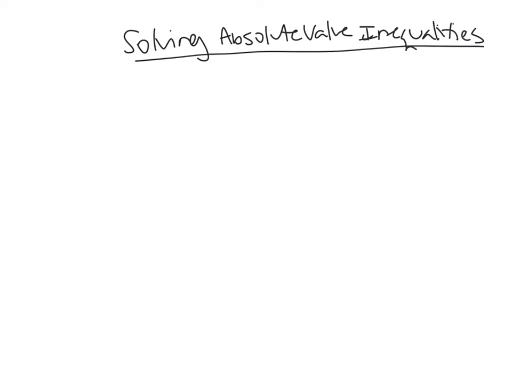Okay, we're going to review how we solve absolute value inequalities. An inequality means it's not equal to, so it's greater than or less than. And remember, absolute value is the distance from 0. So what if I have absolute value is less than or less than or equal to a certain value? What does that mean? Well, if we have less than,